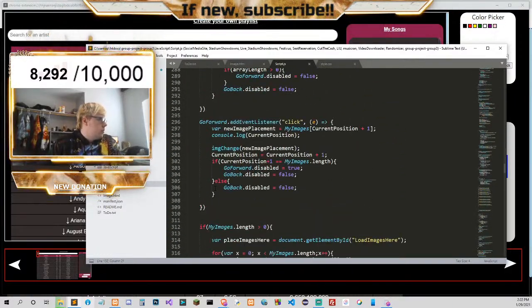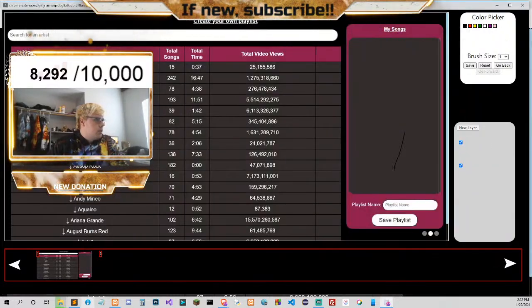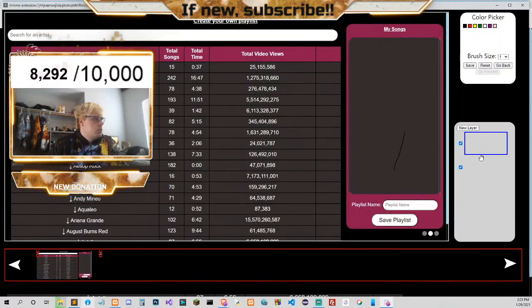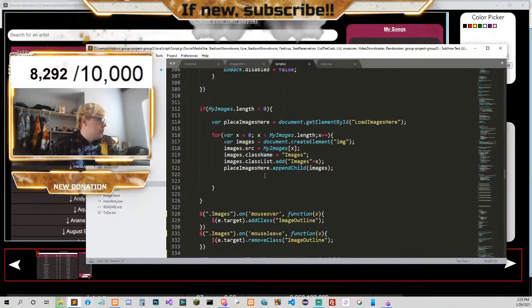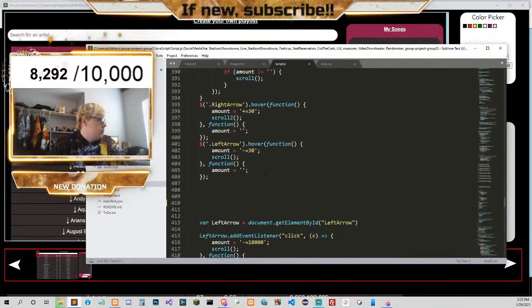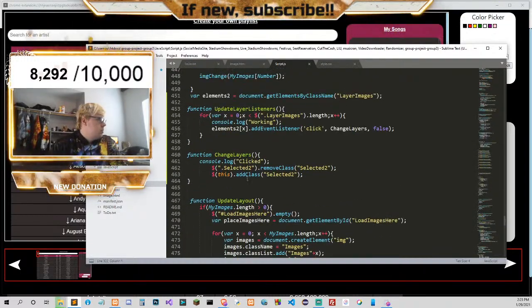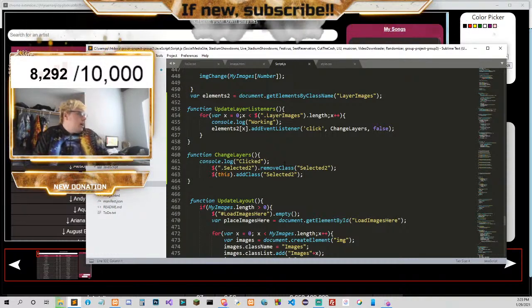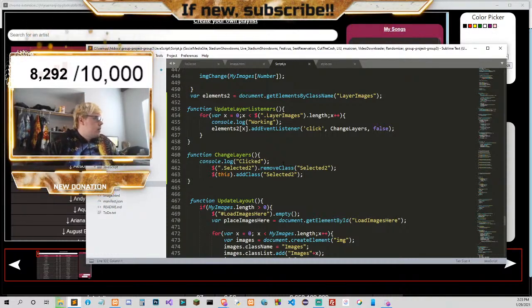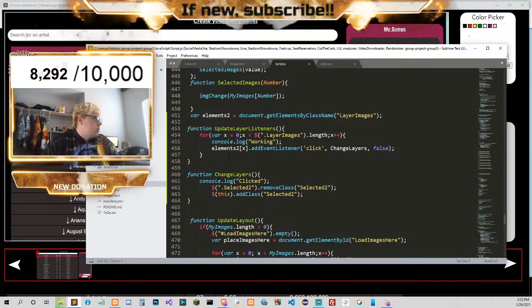So when we do the listeners, because look, I think I click that, it doesn't add the class. Why? This dot add class selected to. I don't know why it doesn't add the class. This dot add class.